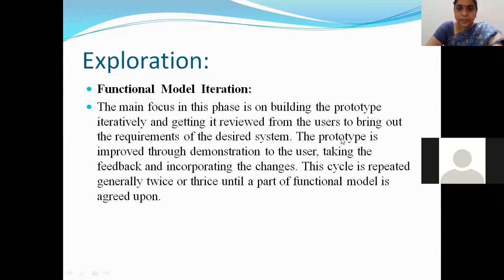The prototype is improved through demonstration to the user, taking the feedback and incorporating the changes. So that is what I told you. You demonstrate your prototype to the user, take the feedback from him, and if he requests any changes, then you incorporate all those changes. This cycle is repeated generally twice or thrice until a part of the functional model is agreed upon.